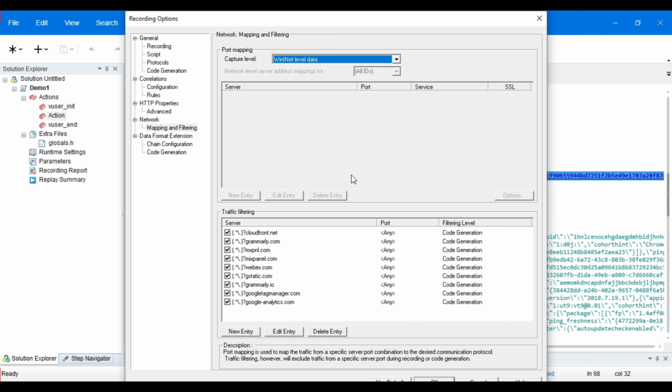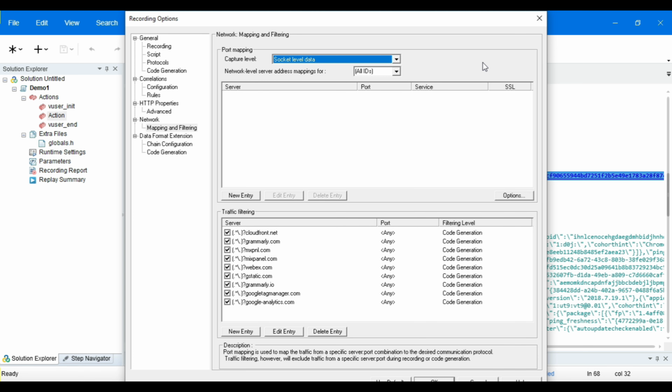If you need integration with Microsoft security infrastructure, that is using a website user function, you will need to use WinINet. And you will need to use Windows based load generators as well. And yes, this uses more system resources and it does not exactly emulate the modem speed or the number of connections. Now, let us see the options available with socket level data.